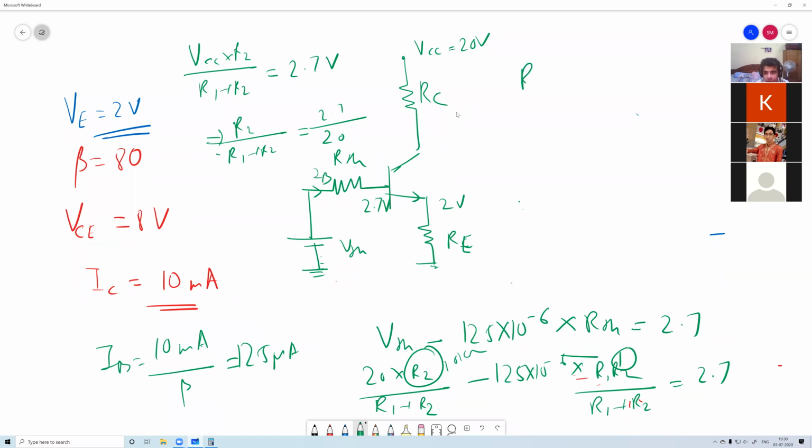Right, we had this condition, R2 was greater than 10 times RE. So there could be four options: R2 not much greater than 10 times RE, R2 greater than 10 times R1, R2 greater than 10 times RC, or something like that. So that type of questions can be asked, which is the correct method.